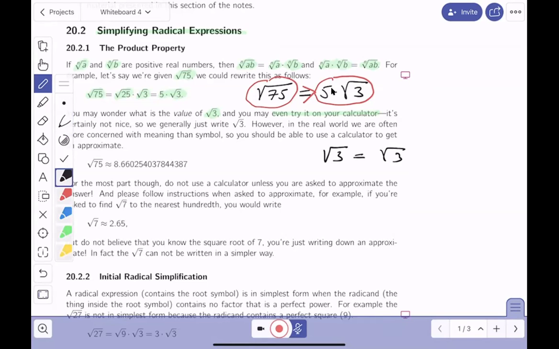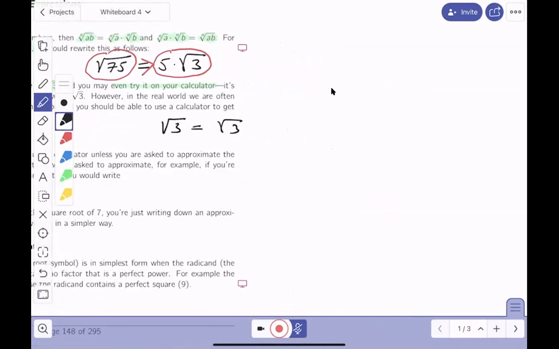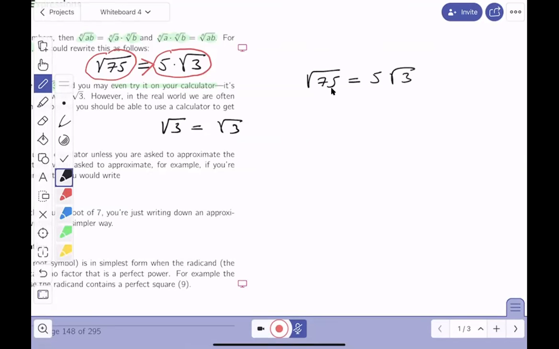So let's take a look at an example of forcing a calculator to actually give you an approximate value. All right, let's look at this example over here. What I'm going to claim is that if you wrote down the square root of 75 on a modern calculator, it would write down 5 root 3. Now that doesn't help most students. They still don't know what it is. Now I hope you realize the root of 75